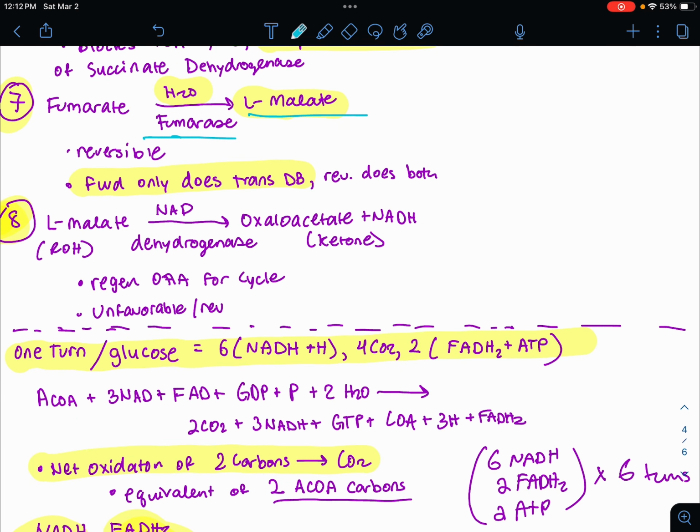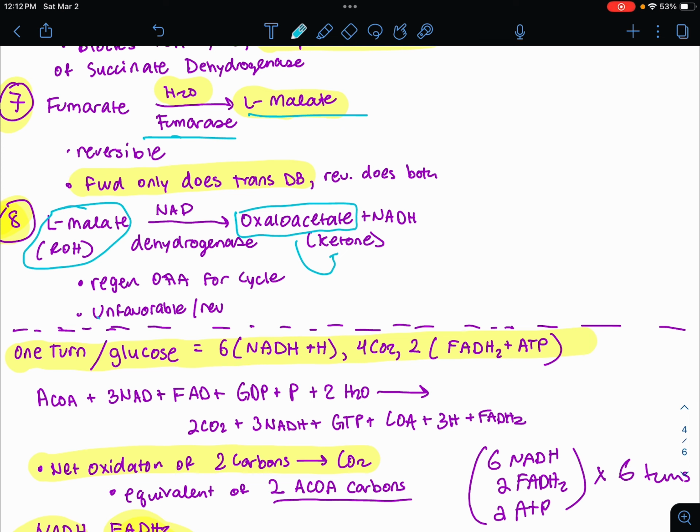Step 8, this is the final step. This is going to be our L-malate, which is an alcohol. We're going to be adding the NAD and the malate dehydrogenase, our L-malate dehydrogenase, and we're going to be forming oxaloacetate plus NADH. Oxaloacetate is a ketone. So we're going to, again, regenerate OAA for the whole cycle, and this is unfavorable, and